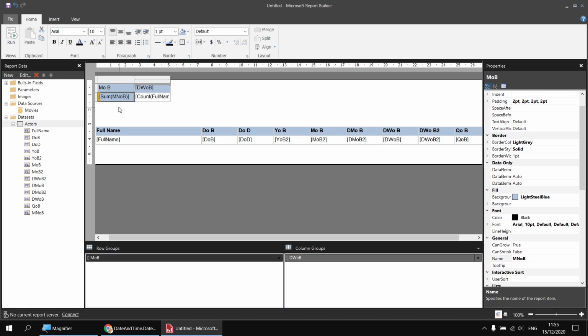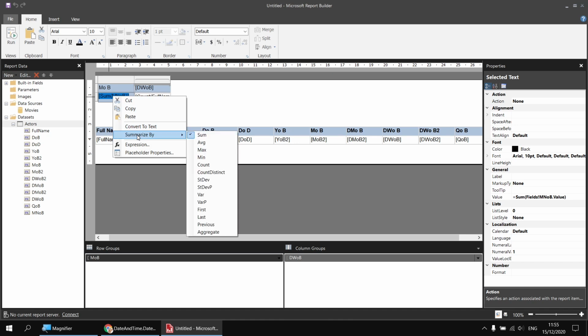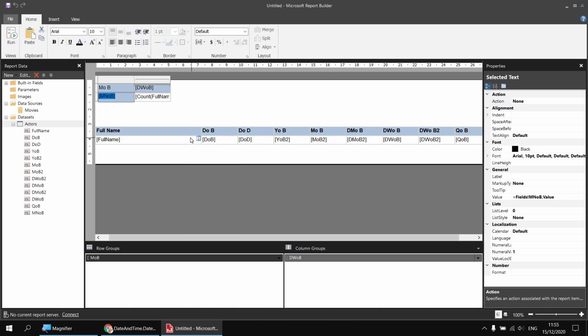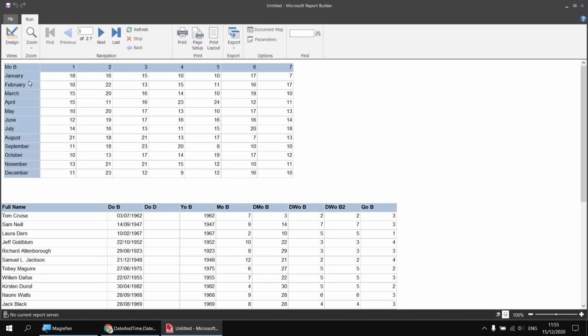Annoyingly, because that's a calculated field, the matrix thinks I want to aggregate that, which is a little bit irritating. So it's tried to sum the month name of birth, which makes no sense whatsoever. So I can click on the sum MNOB and then right click on it and choose Summarize By, and then just untick the sum. If I then run the report, I should now see, rather than numbers 1 through 12,